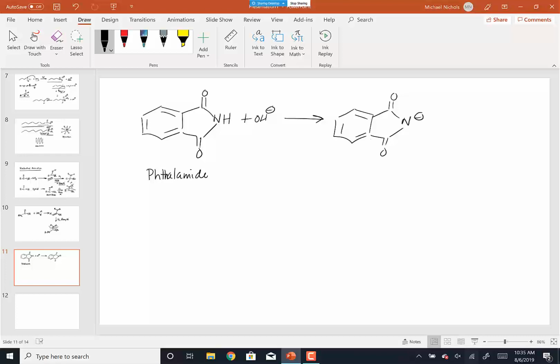So this is a decent nucleophile. And so what we can do is react this with any kind of primary alkyl halide, and it'll just simply do an SN2 reaction. It'll come in, kick off the chlorine, and we'll end up alkylating our phthalimide